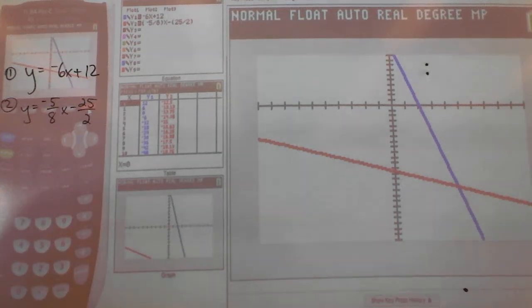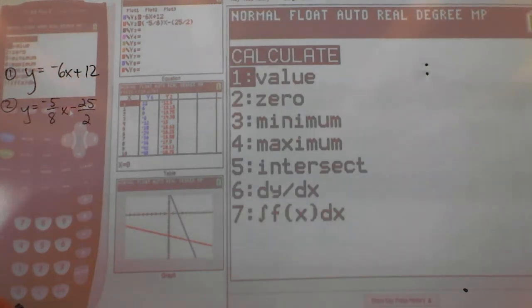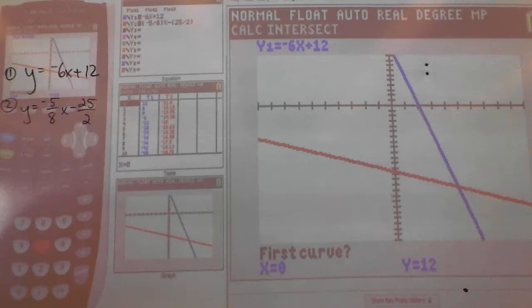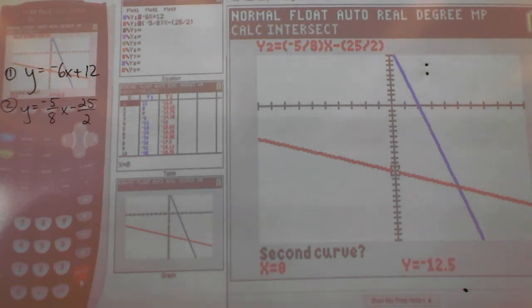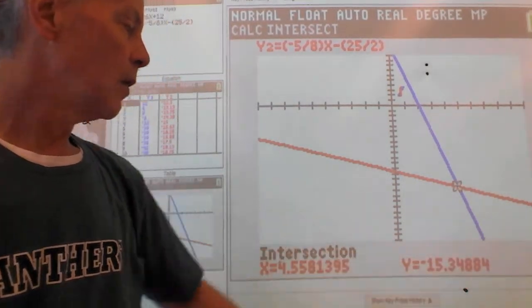And then, to find that intersection point, remember we're going to press the second key in the upper left-hand corner, and we're going to press the trace key in the upper right-hand corner, and we want to find the intersection, so we're going to press number 5, and it's going to ask us those 3 questions again. First curve, enter, second curve, enter. Do you want me to guess? Again, a third time, enter, and look, it goes right to the intersection point, and it gives you the coordinates,